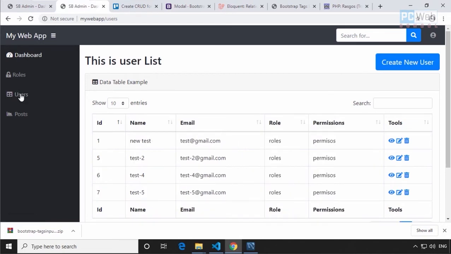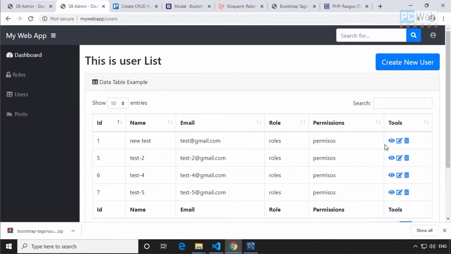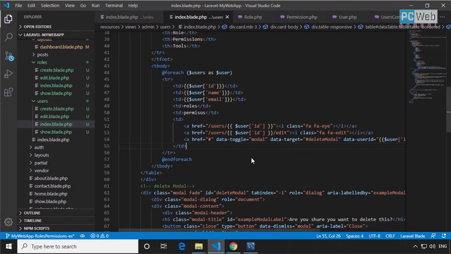Okay, now if I go to the users page, here we have the table of the users. And in this table we have this column of roles and this column of permissions. So you see, each row is for each user, right? But what I want to do now is show those roles and permissions for each user, because